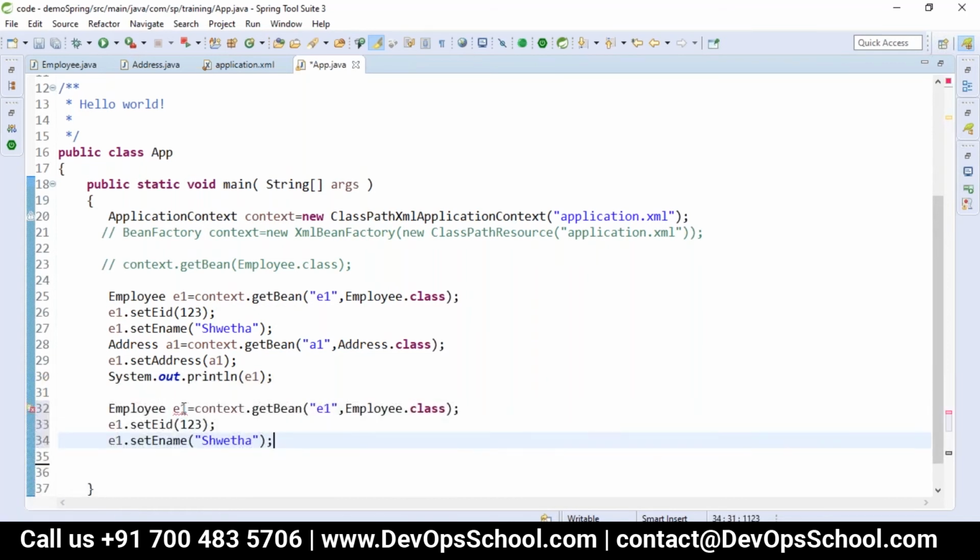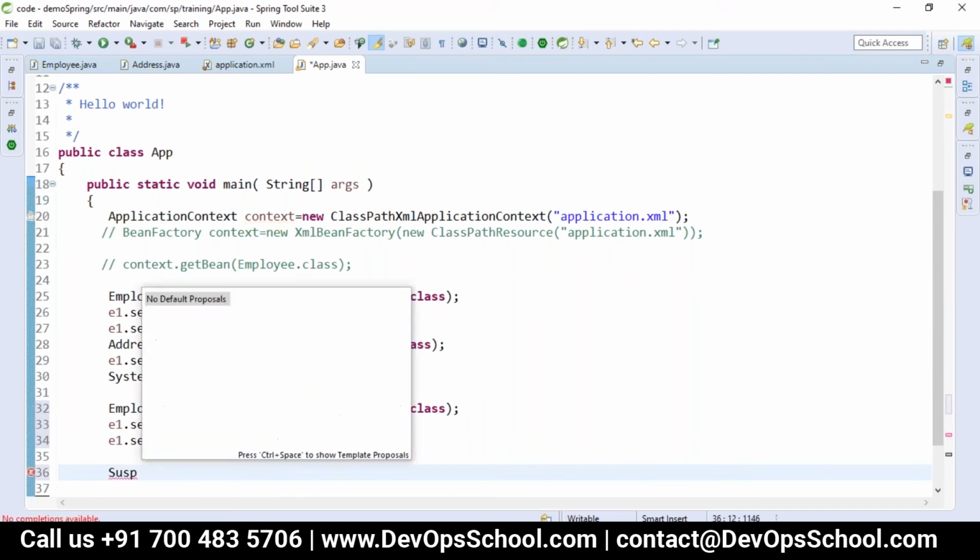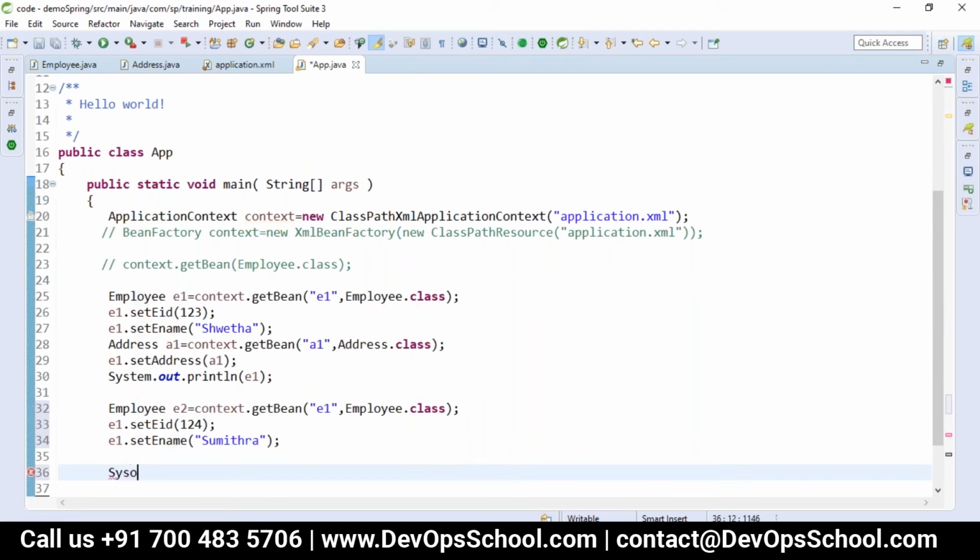I'm just taking only a reference. So a2, 124, e2. And here also we print e2.